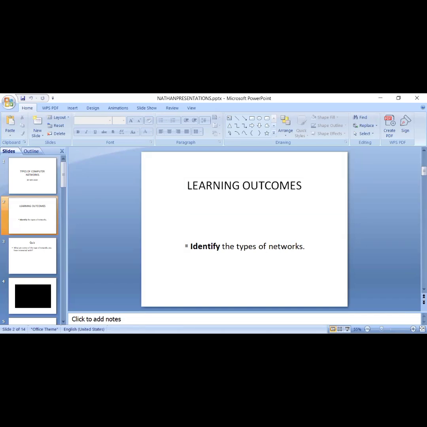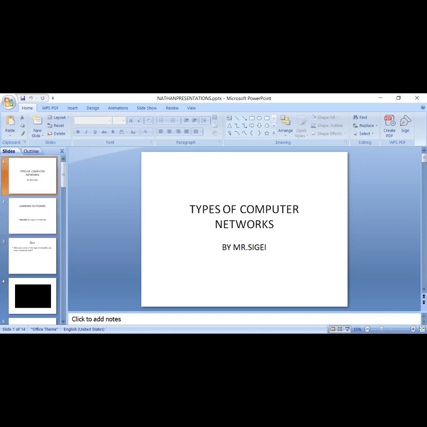Today we are going to look at the types of computer networks. And as we begin our session,